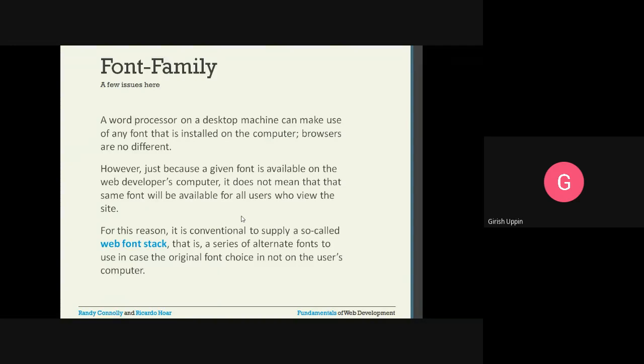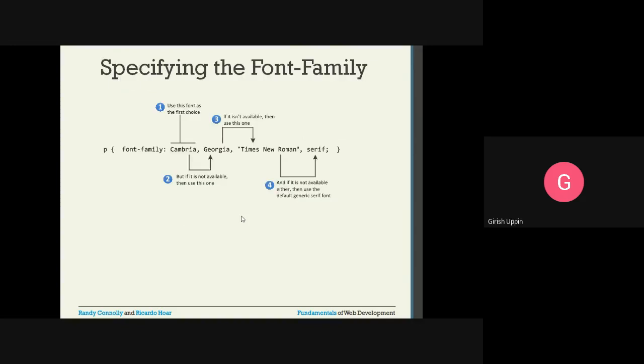For this reason, it is conventional to apply a so-called web font stack. That is a series of alternate fonts to use if the original font choices are not on the user's computer. So we give a list of fonts. For a paragraph, we say font-family colon, then we have Cambria, then Georgia, Times New Roman, serif.